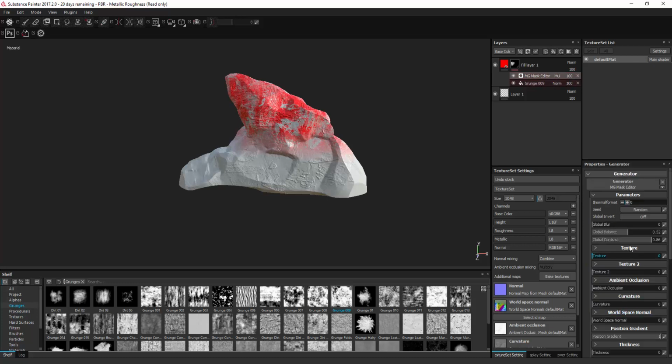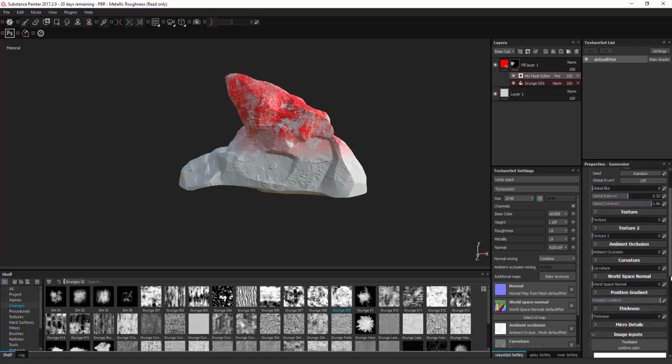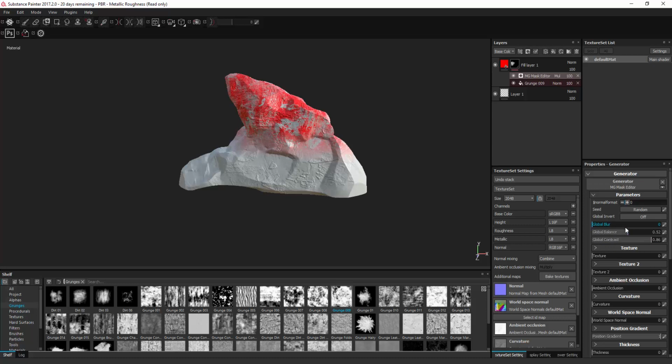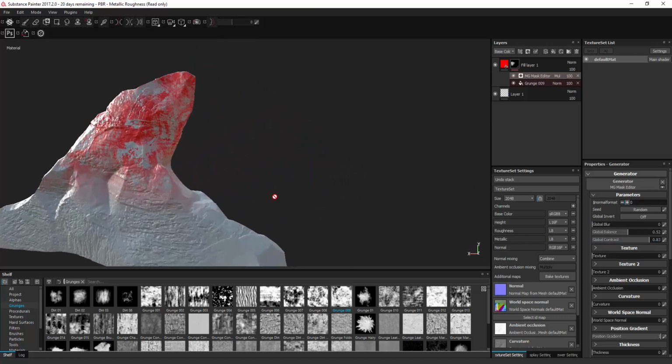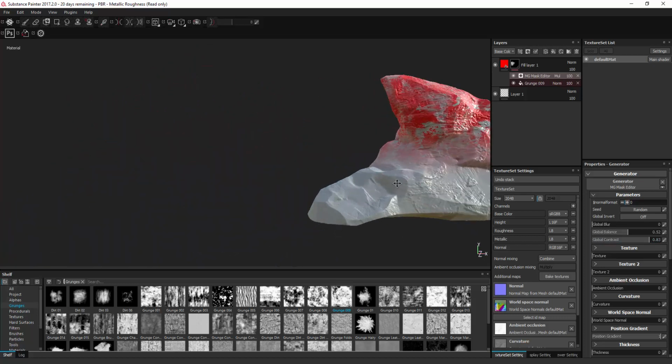But you can also then go into here and still have the ability to, where is it? Here. To change all of that without too much trouble and still have a grunge map there. So hopefully that's helpful. And yeah,